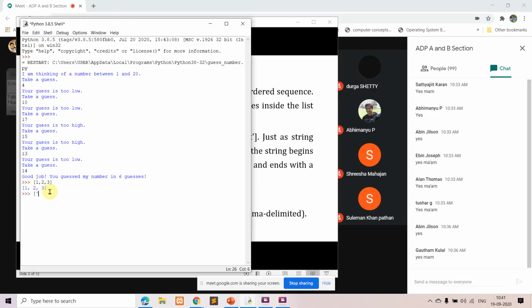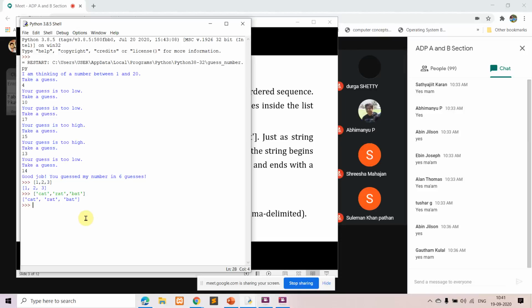Other than that, it is also possible to give string data. Strings, we know, are represented by single quotes. We can give it this way also. You can see this is my list which consists of string data.